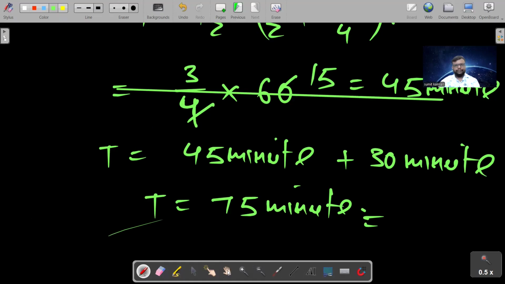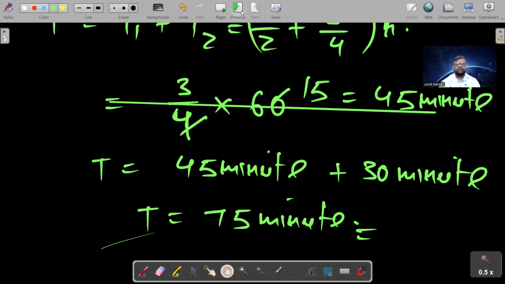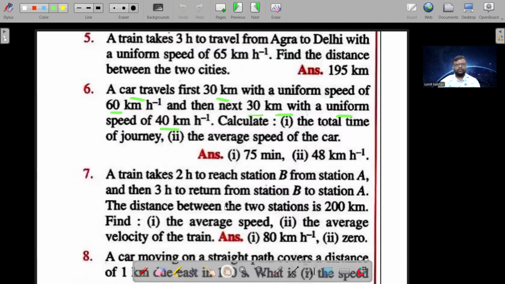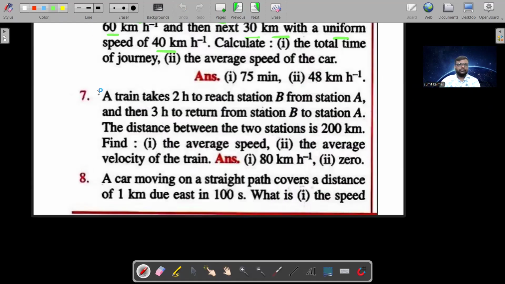So now next. Now next we will solve problem number 7. See, what is problem number 7? So students,